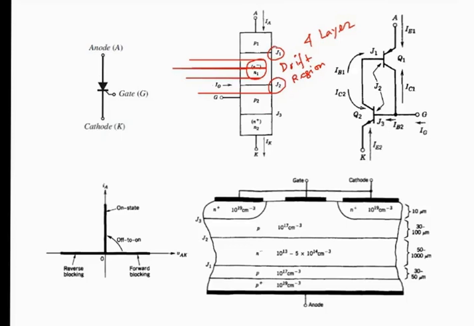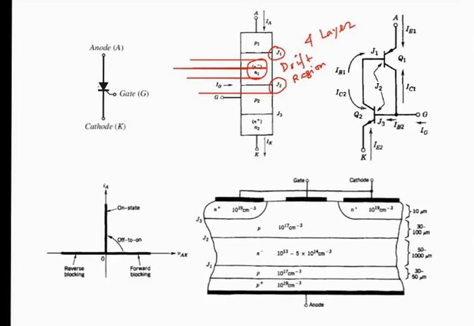From the diode you must have got this. It is because with the lightly doped region, the width of the depletion zone when it is reverse biased is more, its resistance is also more, and that is how it can block more voltage. And this is the symbol that you have to remember. It's anode, cathode, and there is a third terminal which is the gate. With respect to the diode, this is the only change in the symbol, that you have a third terminal.